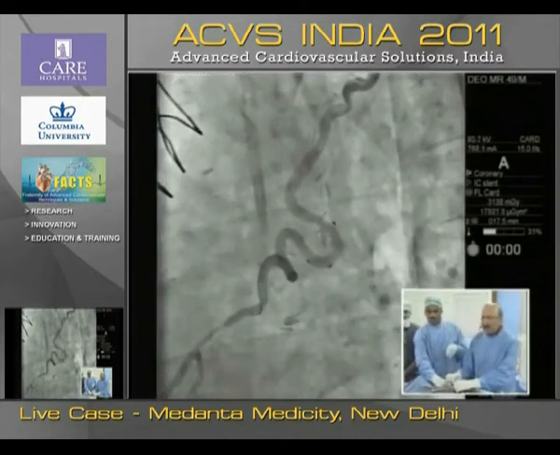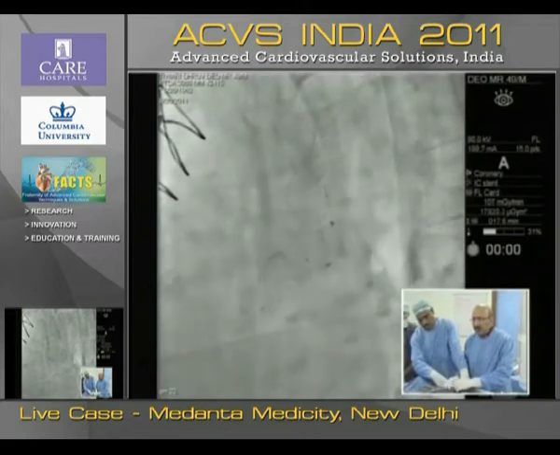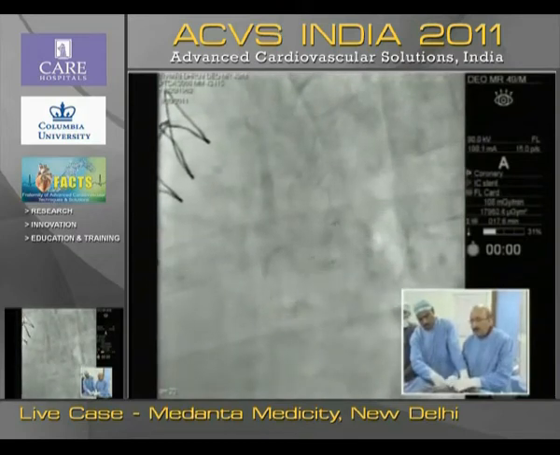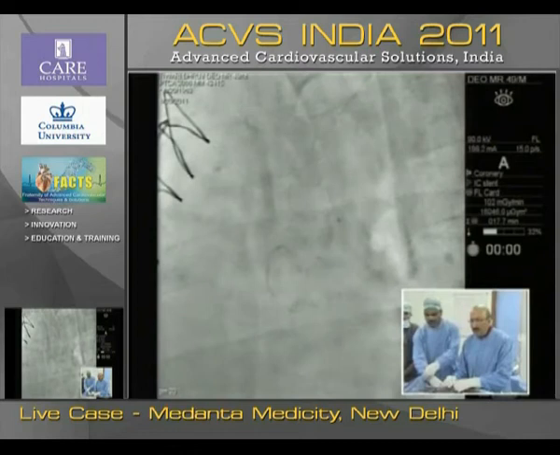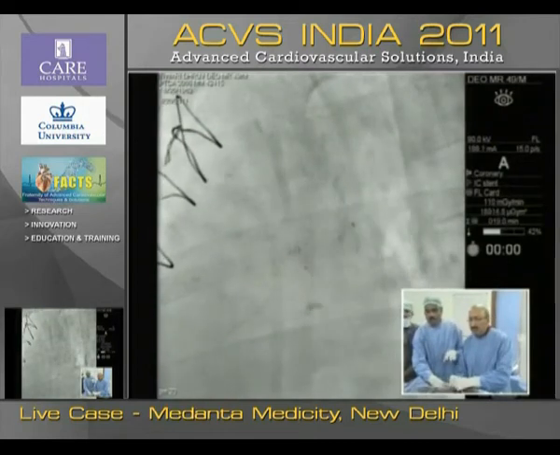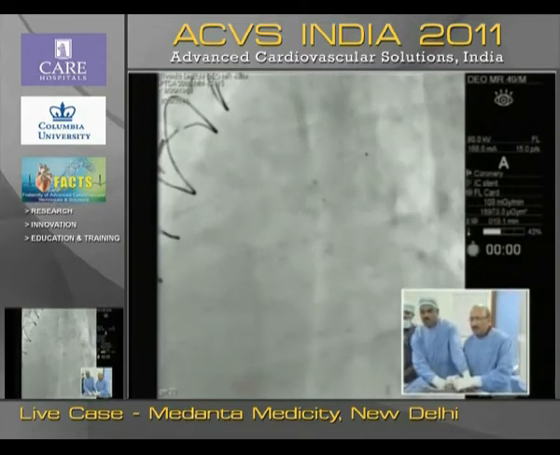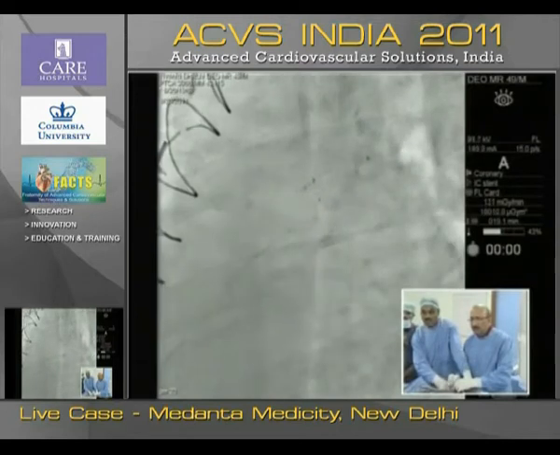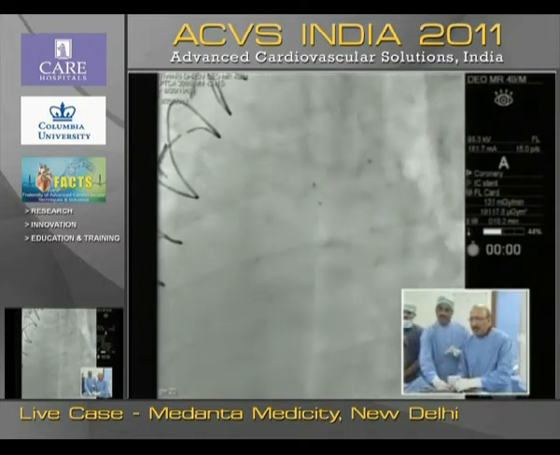Okay, we are almost across all those tortuosities, but this is the last very, very difficult part. So I'm mentally prepared that maybe we won't be able to cross it, even if today we have crossed the lesion now. Because it is a matter of patience, I think, in these kind of situations. One has to just inch it forward one by one.